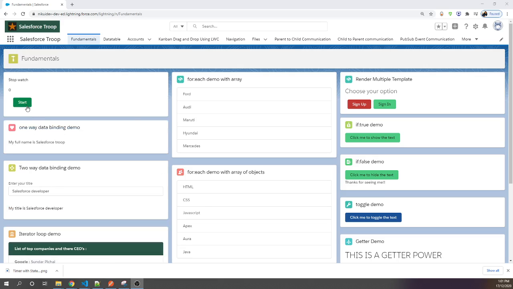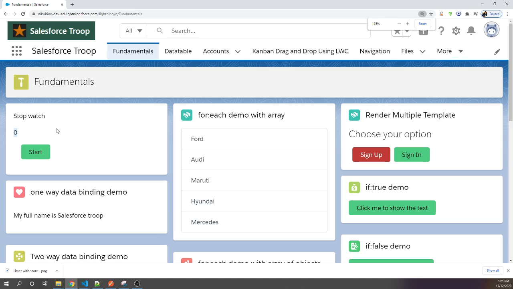So now the button is there, start, and the count is there. Let me zoom in. Yeah, so the number is there, the button is there. Let me click the button. Now you see it starts incrementing the counter, and it's incrementing every second, right? So our first logic is correct, but the actual challenge is, suppose this is our